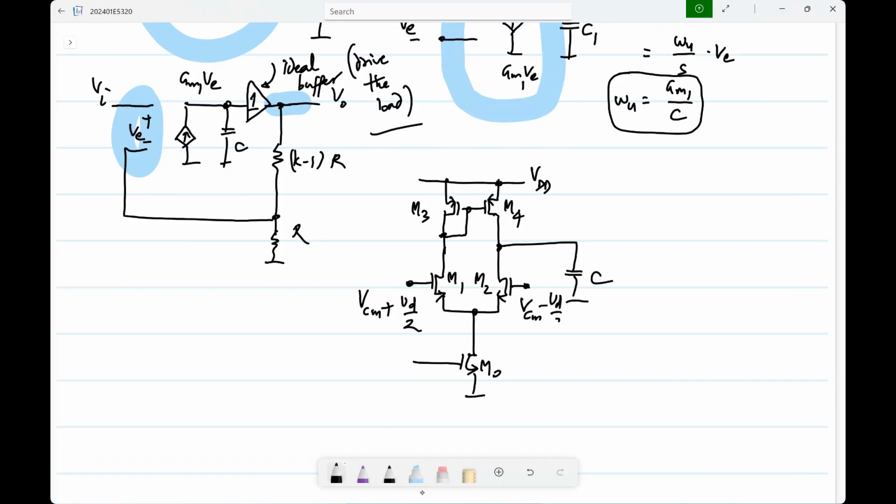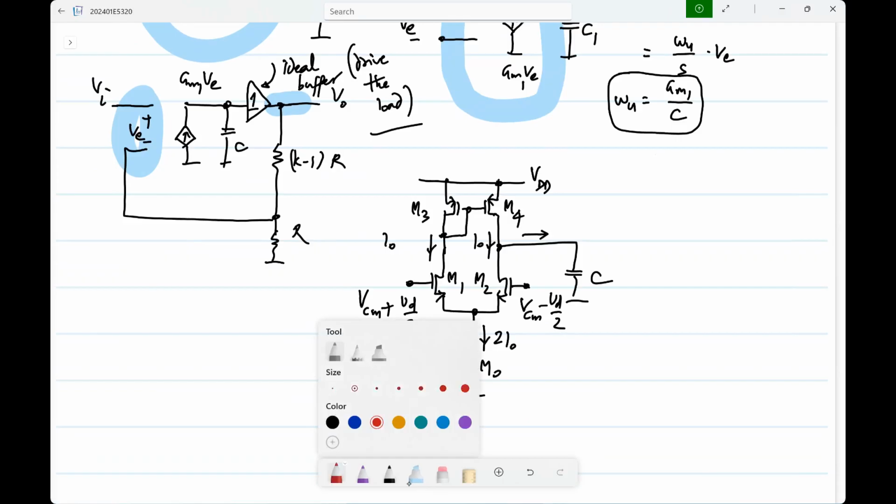common mode voltage. I assume these are familiar quantities, common mode voltage, yes or no? Okay. So what will be the incremental current flowing here? So first of all, let me call this 2I0. Okay. At the operating point, you will have I0 and I0. And if you apply these increments Vd by 2 and minus Vd by 2, what will be the incremental current in M1